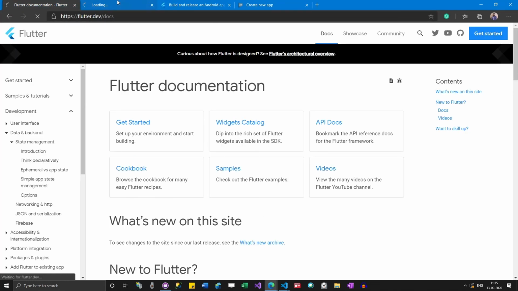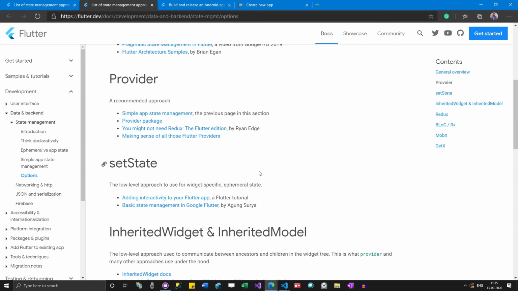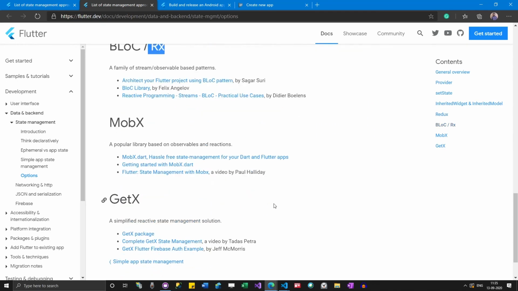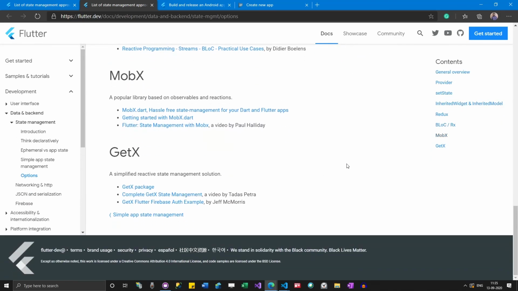It's taking time to load. Here they have described provider, setState, inherited widgets, BLoC. There are a lot of other things. Yep, I think that's it, guys.